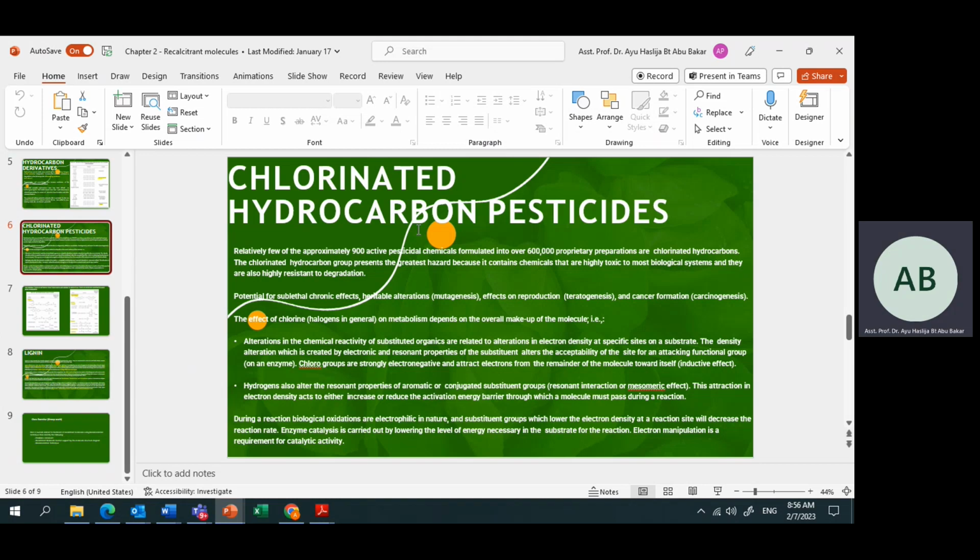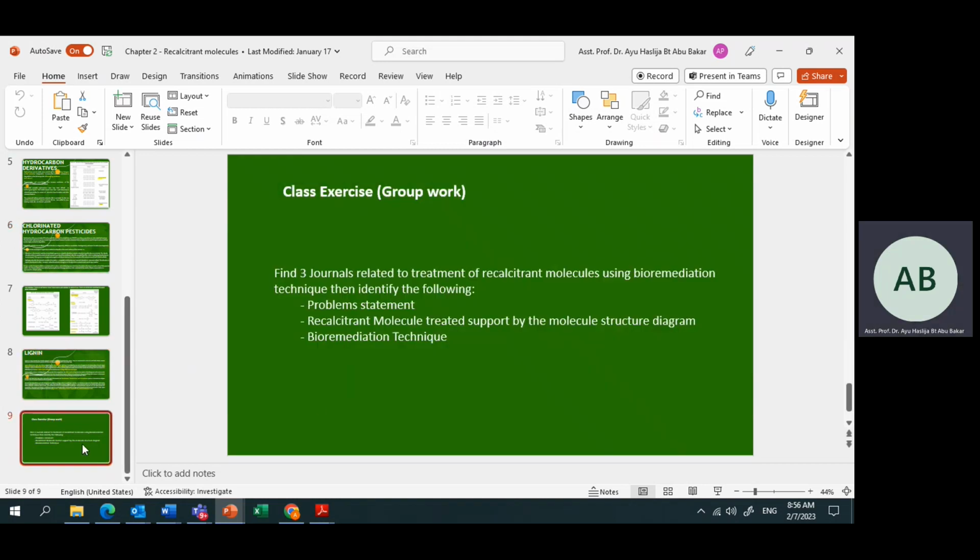Pesticide, of course. Application, used in plantation for the pesticide, right? And then how to treat that molecule, that recalcitrant molecule. What are the bioremediation techniques that are suitable? Or this one I can ask,